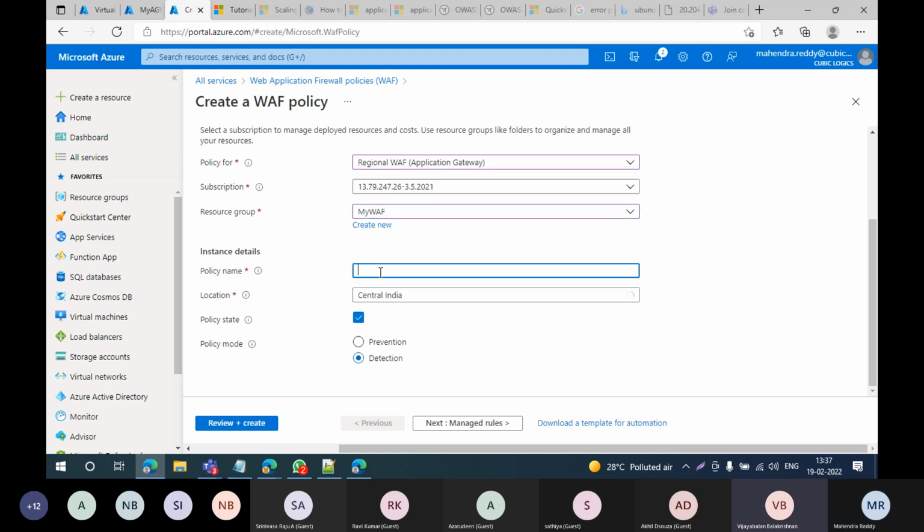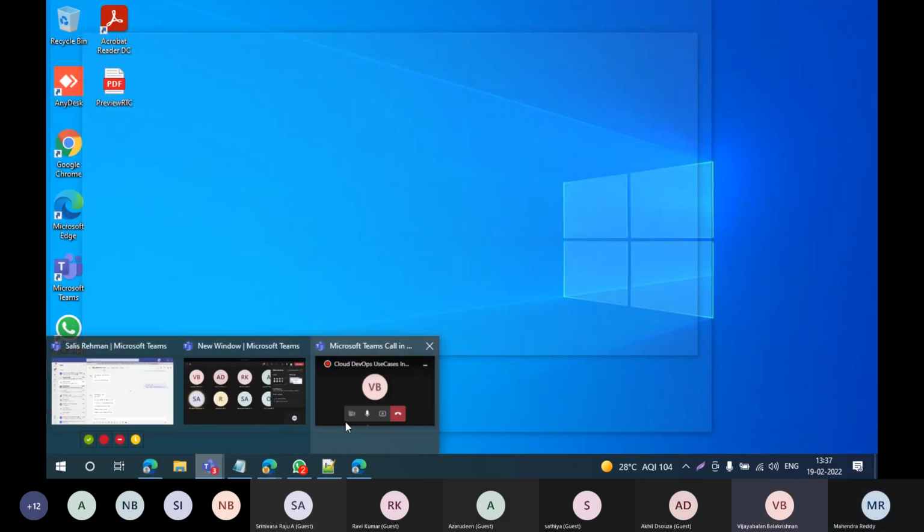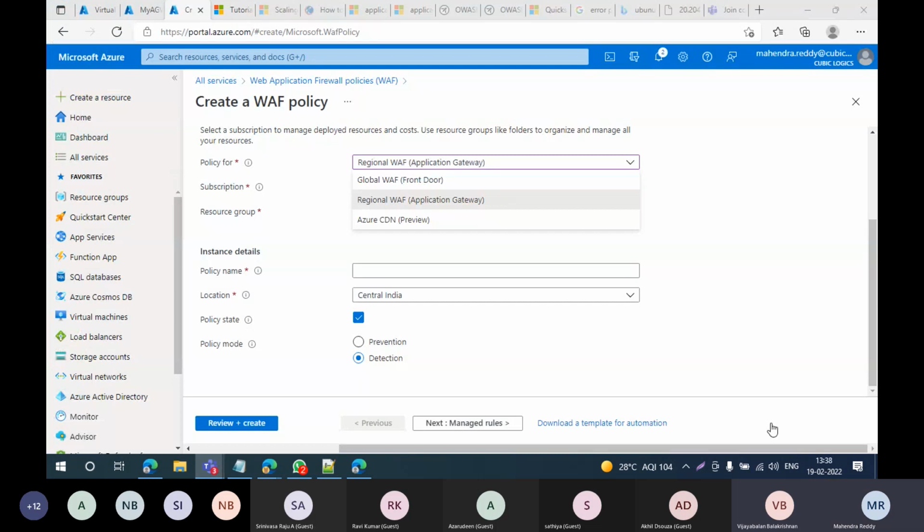So can you click the policy for the first option? See, there is a global web application firewall. If your application is going to multi-geography, then the first option is more suitable for you. And the second option is the regional one, if say you have some business within Europe only. So you need to first decide what kind of deliverable and what are the locations.